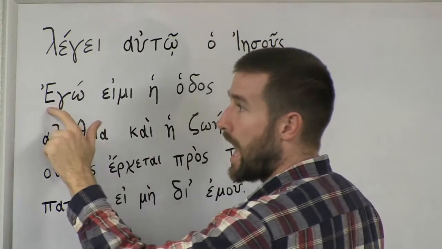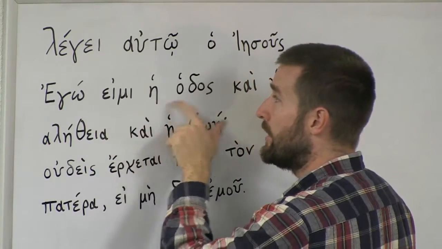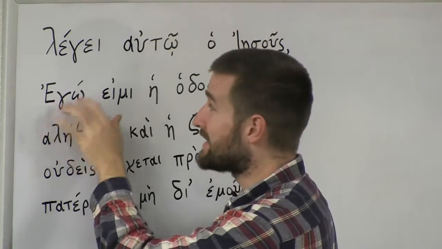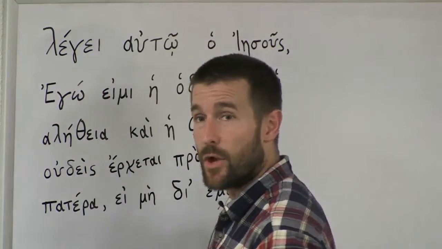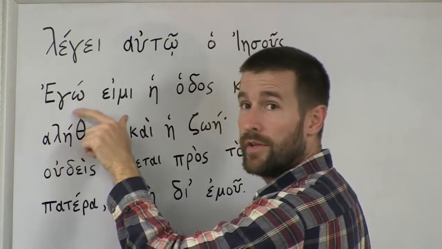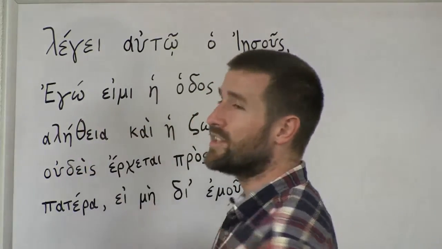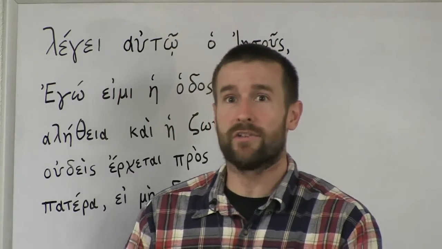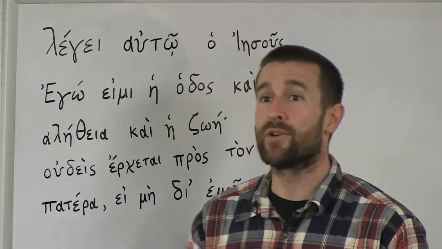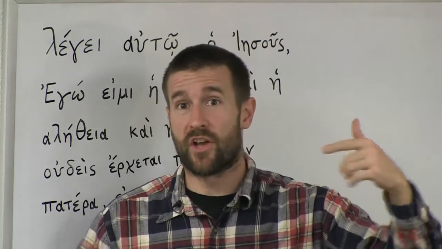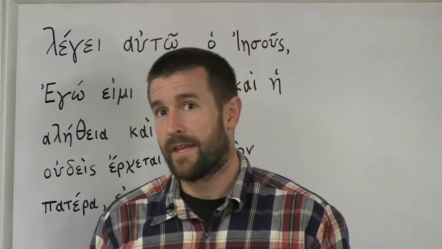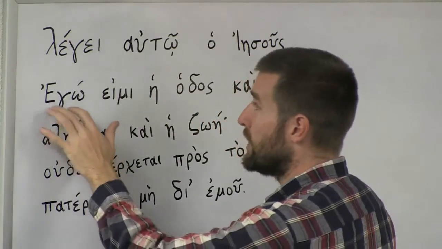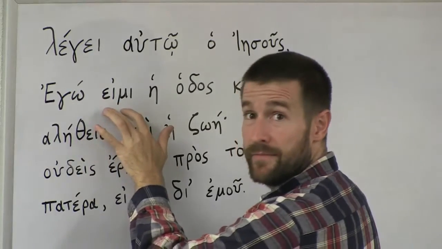This means I am the way. Now, the word ego, it gets the accent on the second syllable. See, that accent is over the omega. Ego, imi, iodos. Now, what's a way to remember the word ego? Well, it's sort of like our English word ego. That's where our English word ego comes from. And a person who has a big ego puts all the emphasis on themselves, right? Well, ego means I. So that's pretty easy to remember if you remember the word ego. So ego, imi, I am,